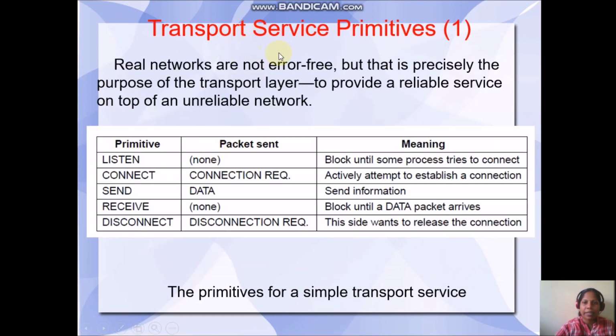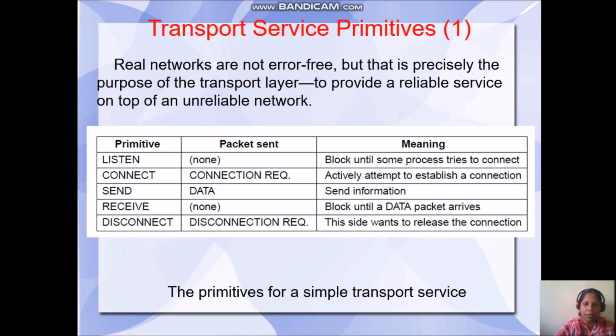Now coming to transport service primitives. These are certain functions that are required for establishing a connection between host 1 and host 2 and for transferring data between a client and server.